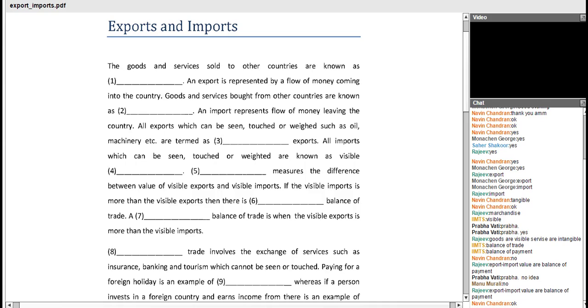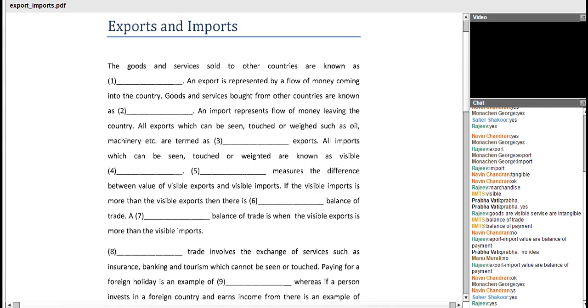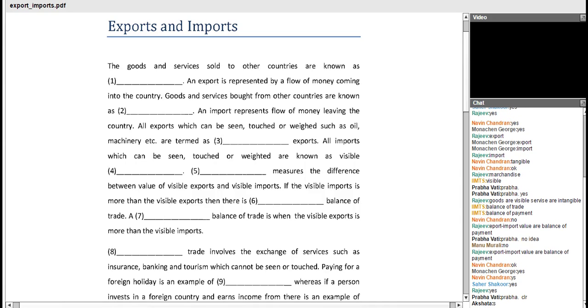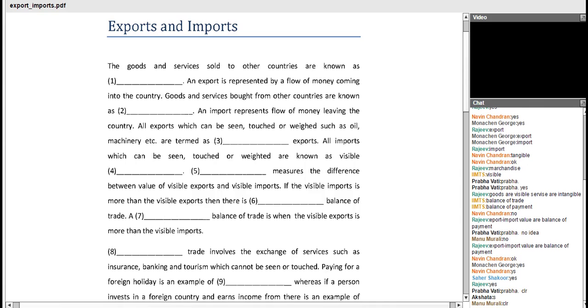Rajiv, Deepak, Sanubar, Seher, Naveen, anyone is having any doubt? Muhammad, Manu, Monachin, Prabha,